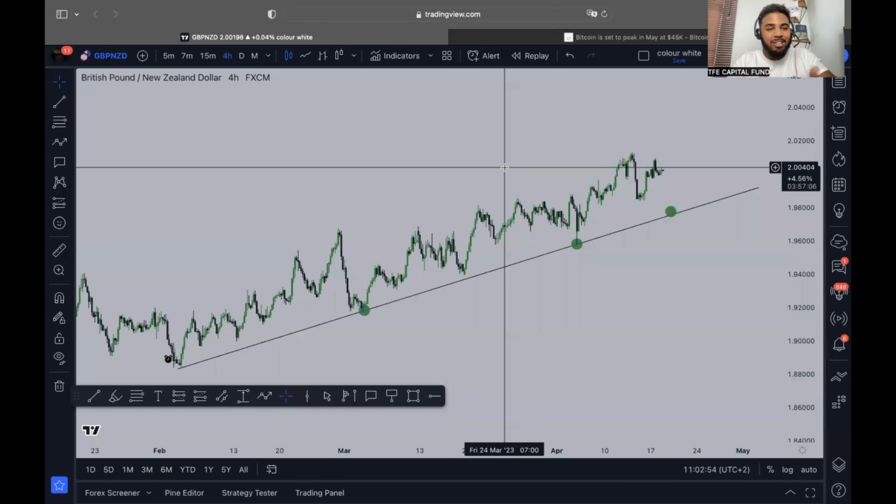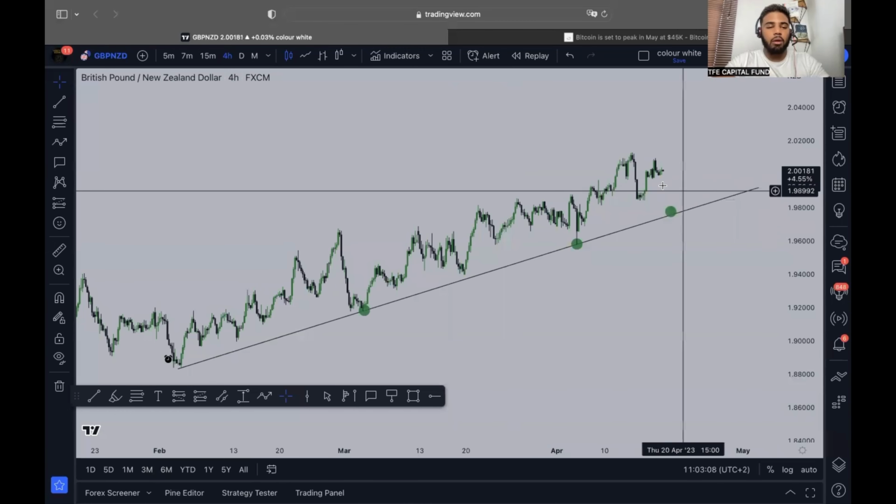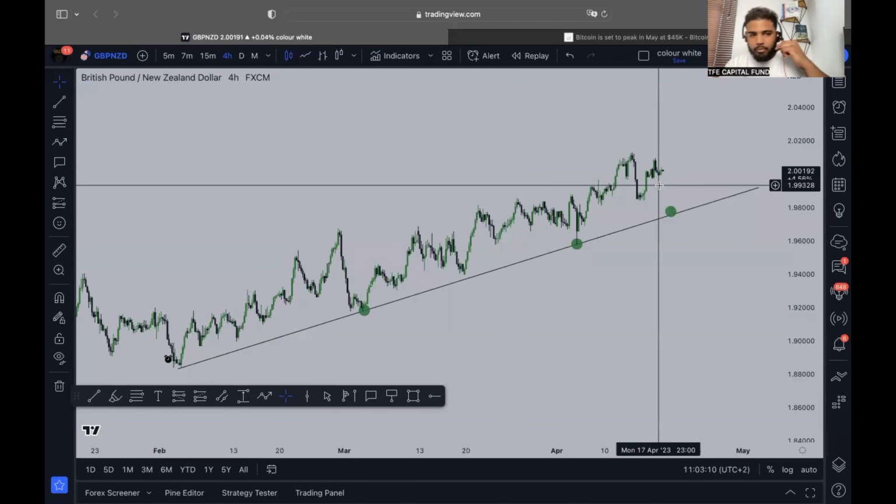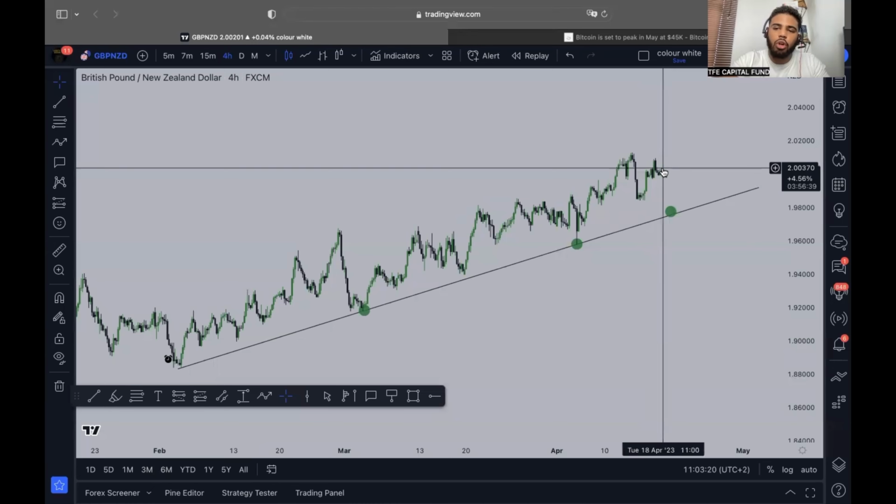Now, this does not sit with my personality on a low time frame because why? I like day trading, scalping. This market doesn't allow that. The spreads are wider, right? It's just choppy. So on a high time frame, I don't want to take this away from swing traders, but day traders, scalpers, stay away from this market. But swing traders, we're still looking for the buys. It's still on top right here.